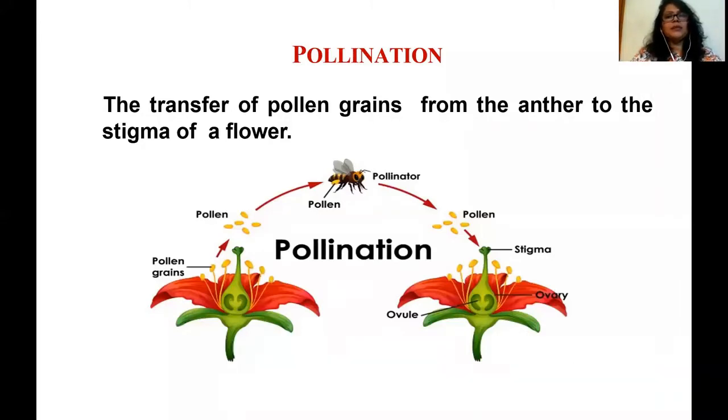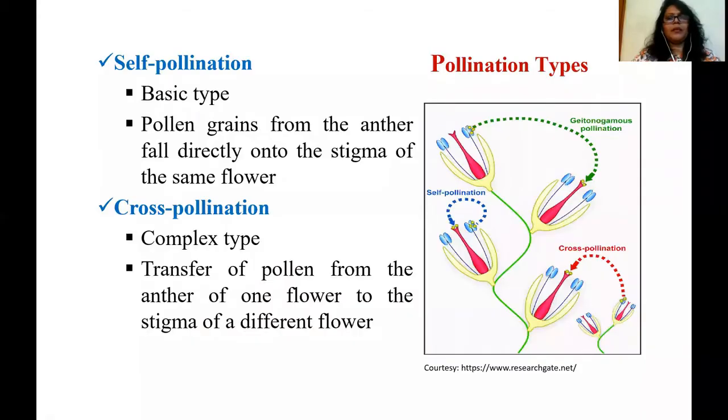In this lesson, we are going to study in detail the mechanism of pollination, the different types of pollination mechanisms, the pollinators, that are the vectors that help in the pollination mechanism, and the modifications that plants have made for effective pollination. In general, there are two types of pollination mechanisms. One is self-pollination, the other one is cross-pollination. Self-pollination is a basic type of pollination, whereas cross-pollination is a complex